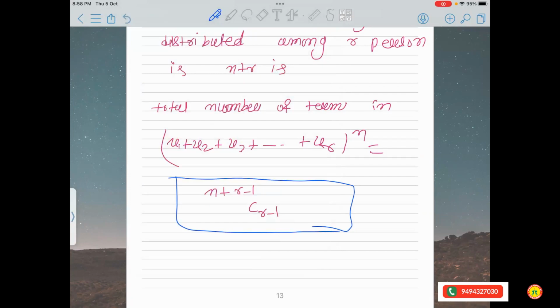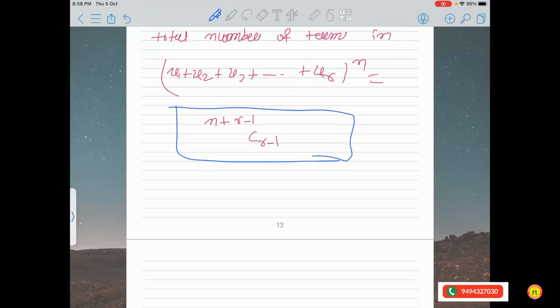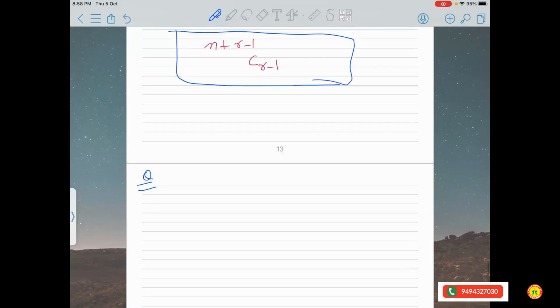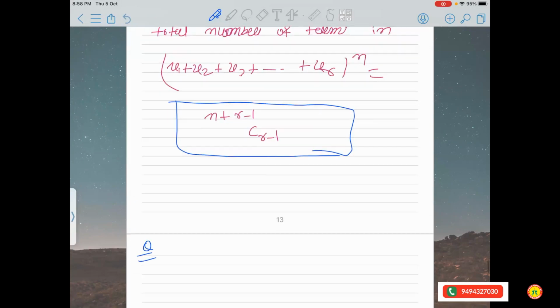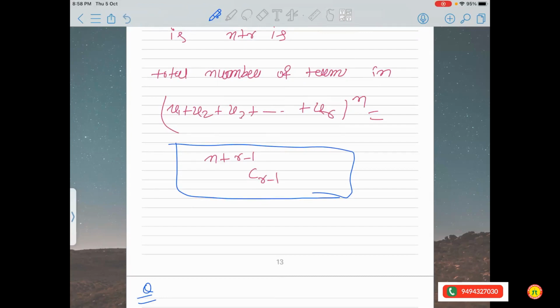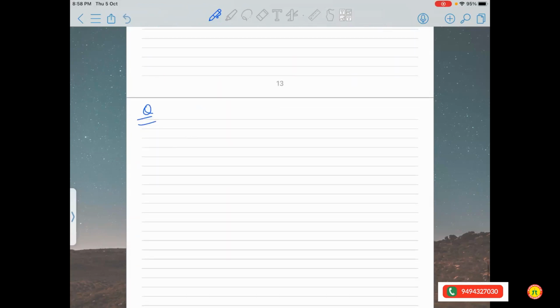We need to remember this formula for the total number of terms. Will you remember it? The total number of different terms equals n plus r minus 1 C r minus 1. Here r is the number of terms, and n is the power. Okay, now I'm discussing the question, the total number of terms